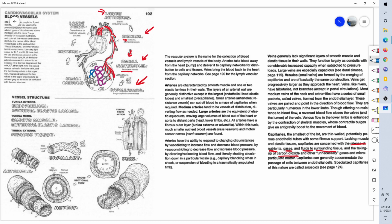Like I said, the walls are so thin that oxygen is able to leak out of these capillaries on the arterial side of the bed, and it's used by the body tissues. The body uses this blood right here. It gets used up. The oxygen, O2, is used up. When that happens, the color of the blood actually changes from red to blue. And the blue blood with no oxygen and now filled with carbon dioxide is now taken back to the heart through